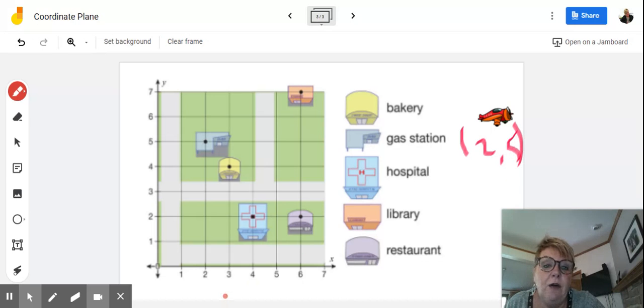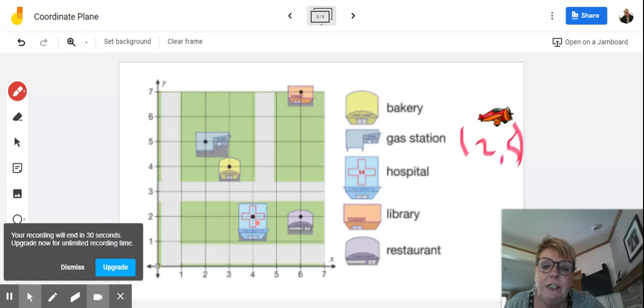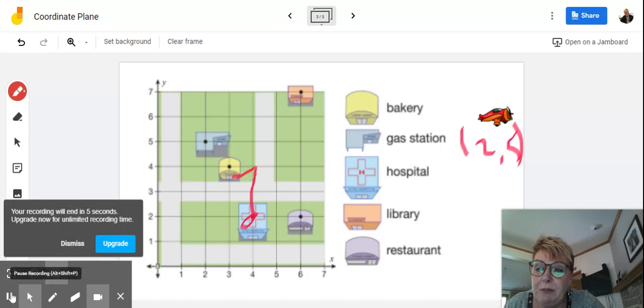Let's say we wanted to know how far we would have to travel. Let's say we're at the hospital and we want to go to the bakery. Well, here's the hospital right here. So we're going to have to go up 1, 2, and then over 1. So to get from the hospital to the bakery, it would take 3 steps, 3 movements on our coordinate plane. We'd have to go straight up and straight over. So have fun with your coordinate plane, finding some